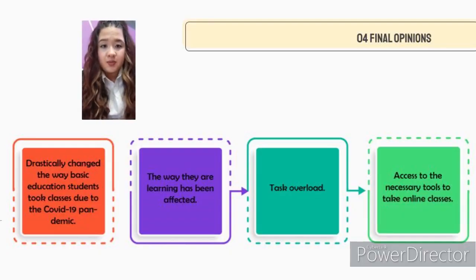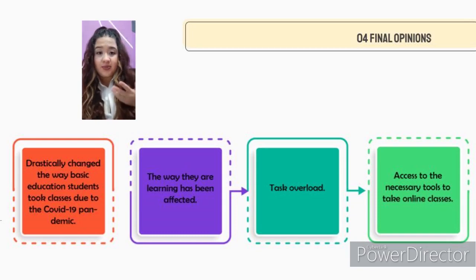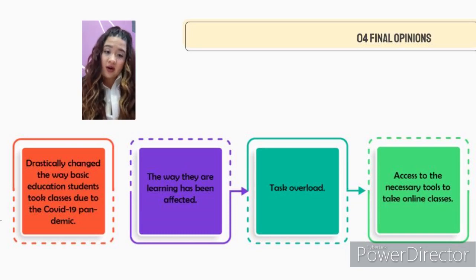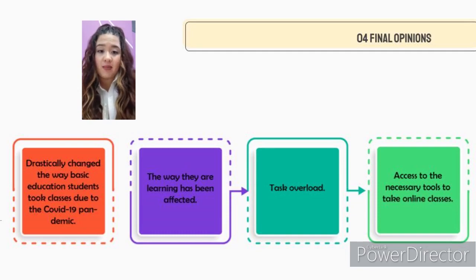Finally, in the research process of this work, we observed that the way in which elementary school students took classes changed drastically due to the COVID-19 pandemic. Now, it is important to mention that the students, on the one hand, have been favored by the fact that now their new scholar space is from their homes, because at the time of consuming food is no longer a stipulated time. Now, it can be whenever they want without waiting for the order of a teacher or a particular schedule. They also like to spend more time with their families, but on the other hand,